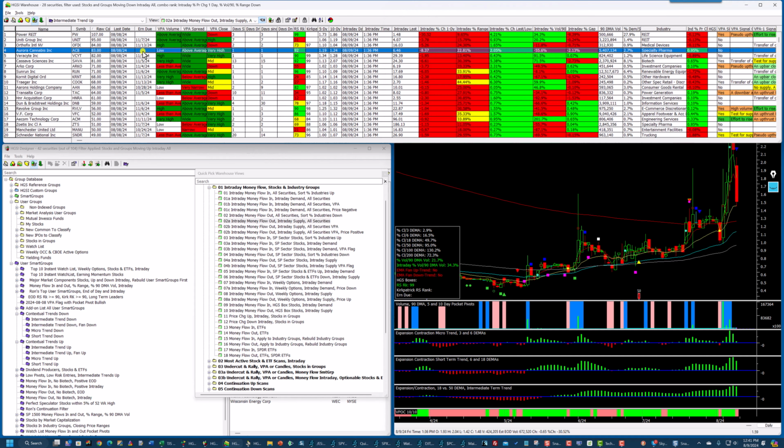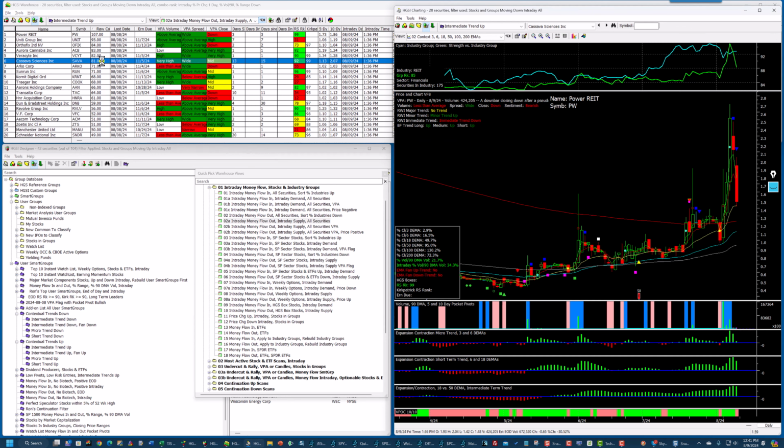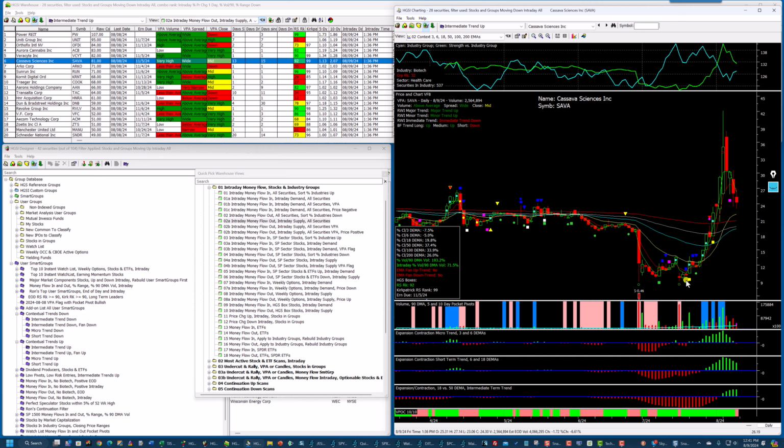Let me see if I can find one. This is a familiar stock. Big move up, reversal 4 days ago. Found a test, but it isn't holding, and now it's going down, and you can see that the histograms were